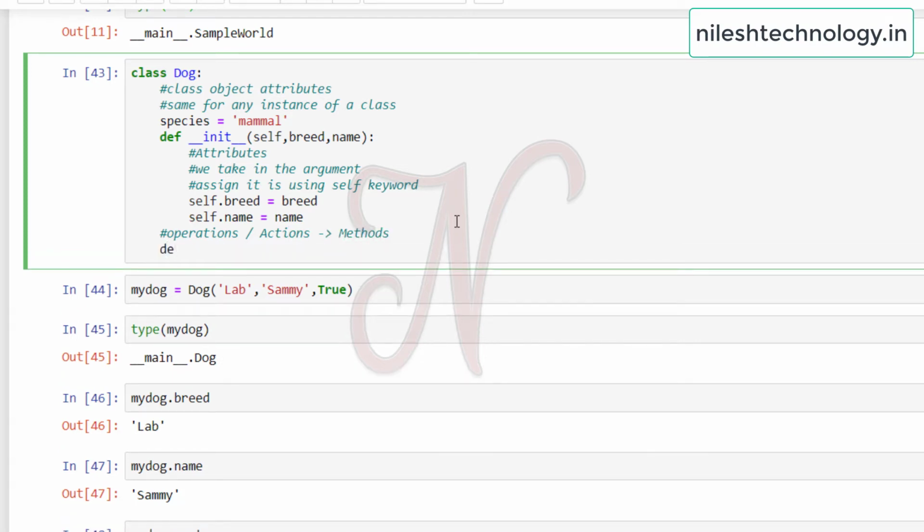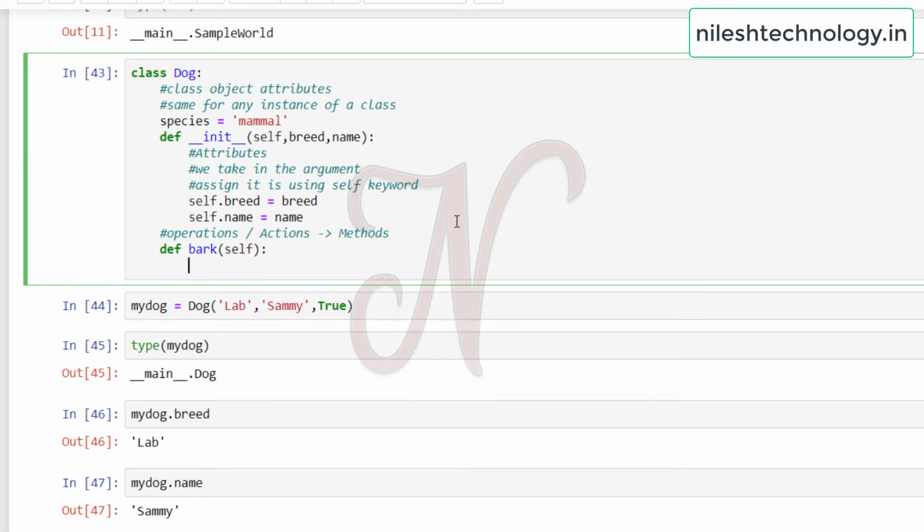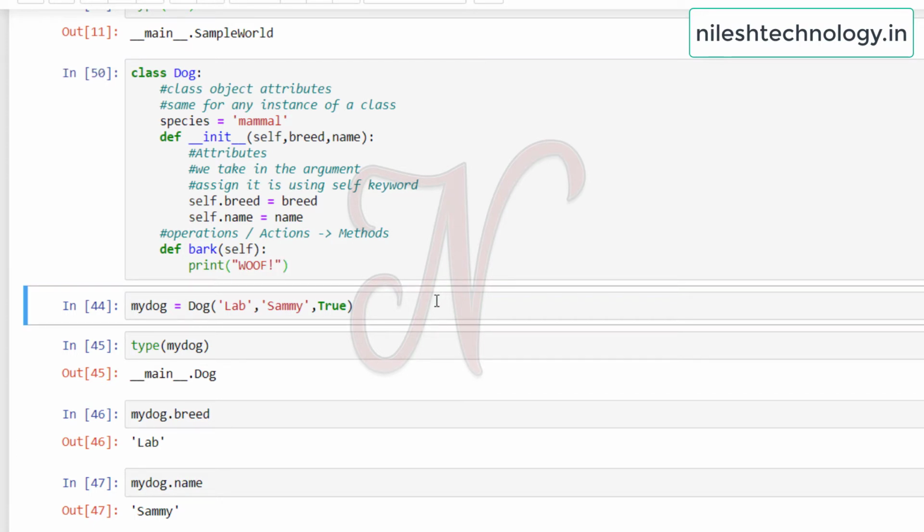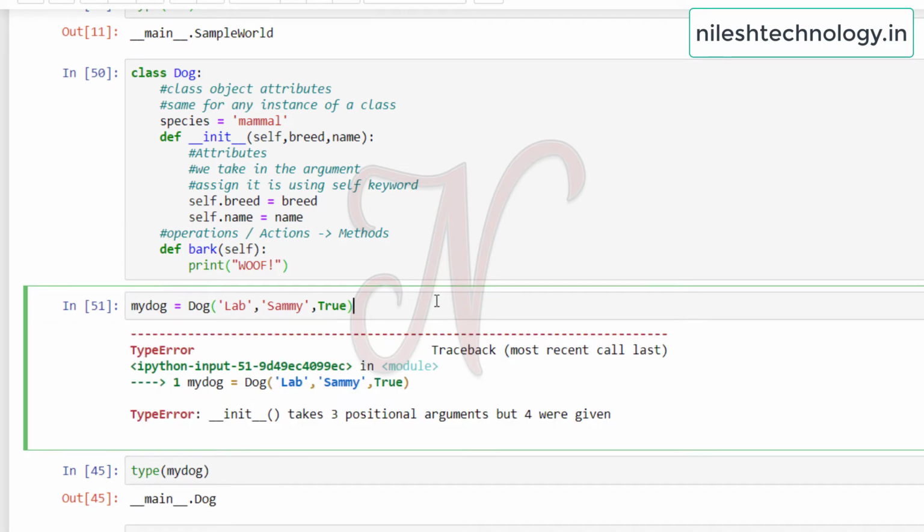So my method is bark, and here there is a self keyword or self parameter, then print oof. See here after running this code, again there is an error because we removed the last parameter.